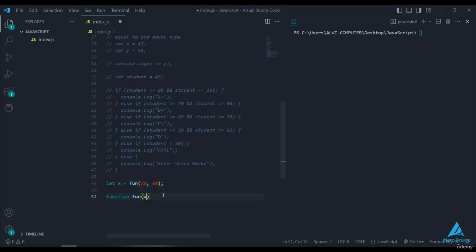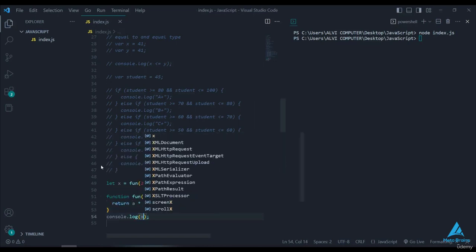Give it the name fun and add a few random parameters. Do so now using a few multiplication related arithmetic operators. The code looks like this: let x equals fun(20, 60); function fun(a, b) { return a multiplied by b }. When you run this code, nothing will be displayed once you've typed node index.js into the terminal,